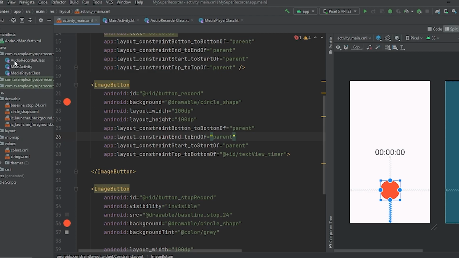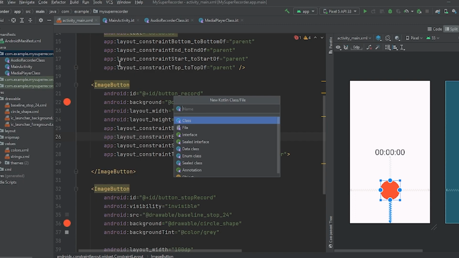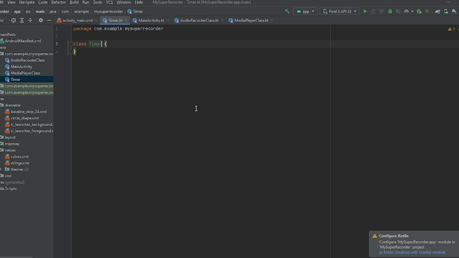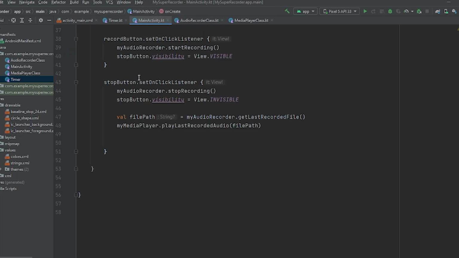So now it's time to create our new class. Let's click on this folder, right click, and then choose new Kotlin class file. Let's call this class timer. Okay, we have the class timer, and since we need to pass the values from this class to our main activity,